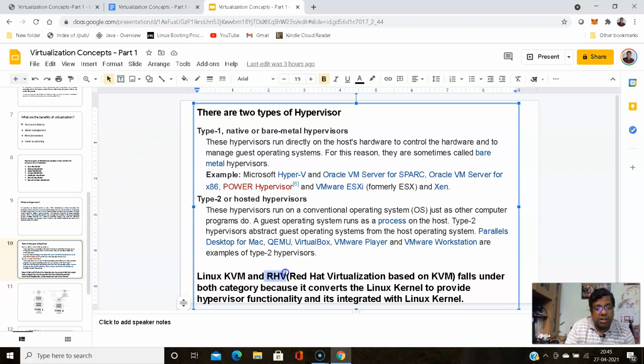If you use Red Hat Virtualization based on KVM, RHV provides a very mini OS and ISO image that you can install directly on your physical hardware.